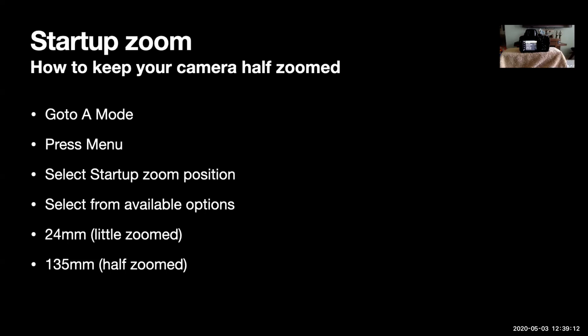On the top it is showing. So if you click OK, these are the various options available. Single is basically when you click the shutter button, it will take one photo at a time. Continuous H is, I think, around 7 photos continuously, like a machine gun. And then L is slower than that, I think three photos per second or something like that. So those are the various options available.